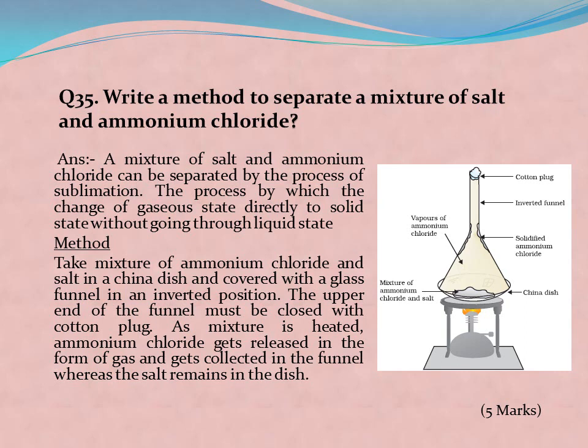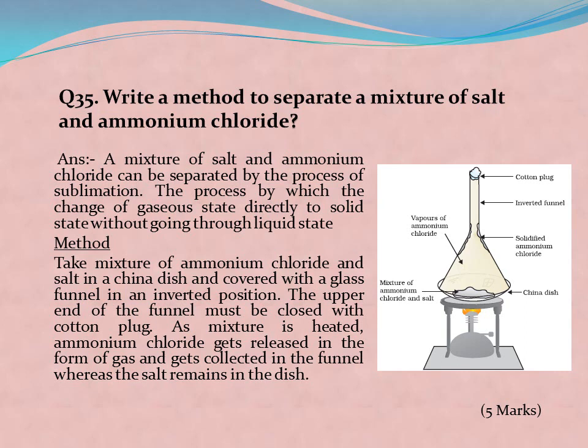Question number 35. Write a method to separate a mixture of salt and ammonium chloride. Answer: A mixture of salt and ammonium chloride can be separated by the process of sublimation, the process by which the change of gaseous state directly to solid state takes place without going through the liquid state. Method: